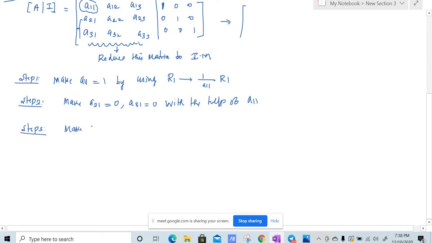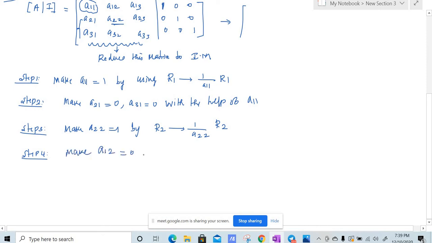Make a22 is equal to 1, right? We need to make this element 1 by making a transformation r2 is equal to 1 by a22 r2. Because this will be some number, if we divide by that number, this number will get 1, so we need to divide the entire row by that, so that we will have r2 is equal to 1 by a22 r2. After this transformation, this element will be 1, and step 4 will be make